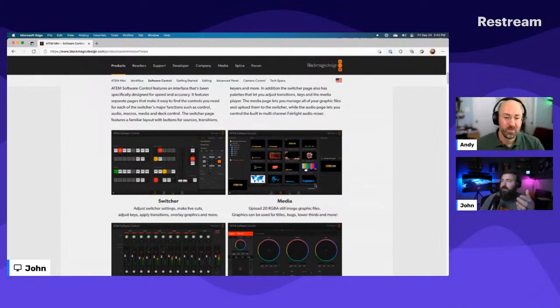About the chroma key, there's a built-in chroma keyer on here that is better because it's hardware based. It's a dedicated hardware device, better than what you get in Microsoft Teams. If Andy set up a green screen behind him and then hit chroma key on the ATEM, I guarantee it would have cut out around his headphones. He wouldn't be having that green in there. It would do it right on. So that's another benefit, it's a little bit stepped up across the board, and you're not relying on Teams to do the heavy lifting for you.